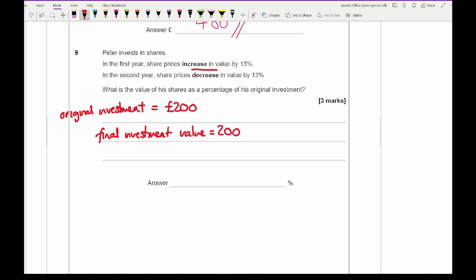Then increasing by 13% is where I multiply by 1.13. Then a decrease of 13% is then multiplying by 0.87. Now if I type that all into my calculator, I get 200 times 1.13 multiplied by 0.87, and that comes up to a value of